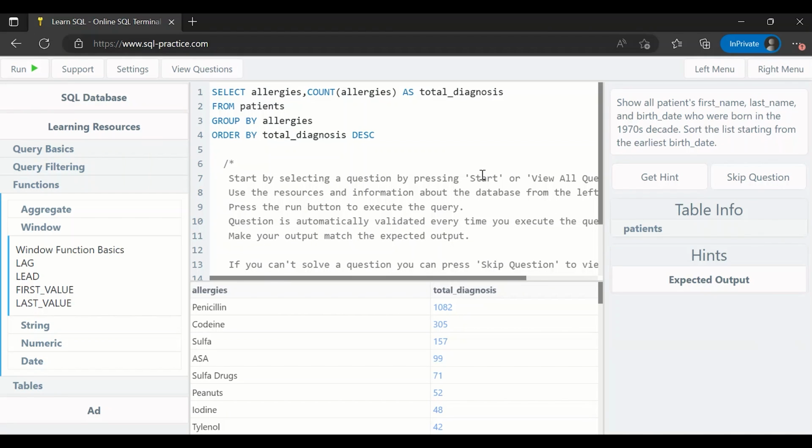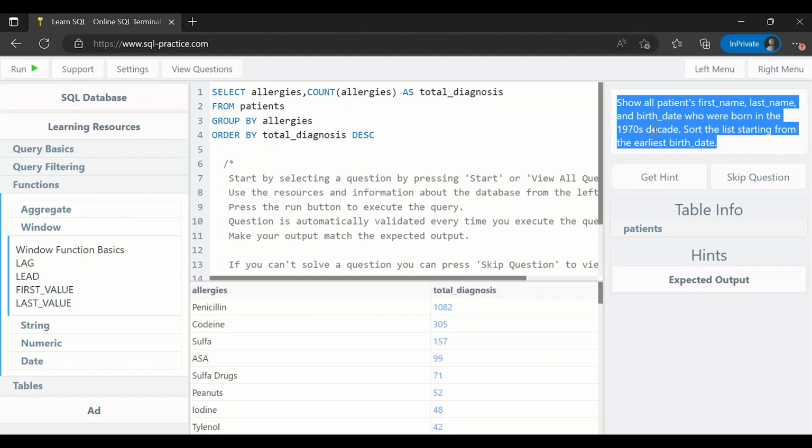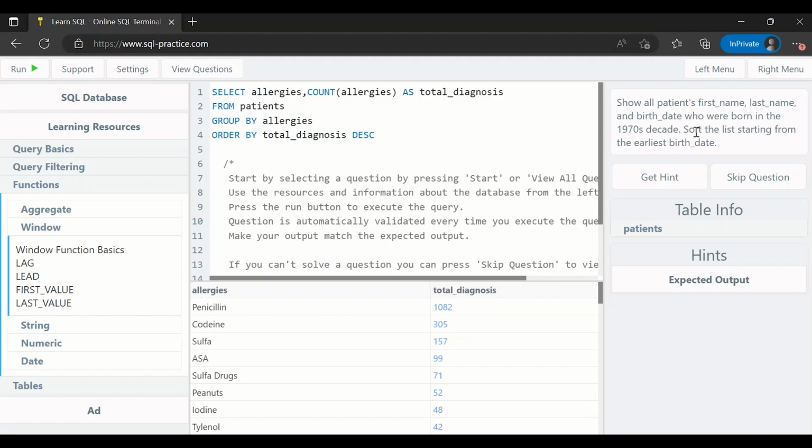In this, I want to show all the patients' first name, last name, and birth date who were born in the 1970s decade. So the 1970s decade would be the years 1970, 71, 72 till 79. Right? Sort the list starting from the earliest birth date. Right? So in this case,